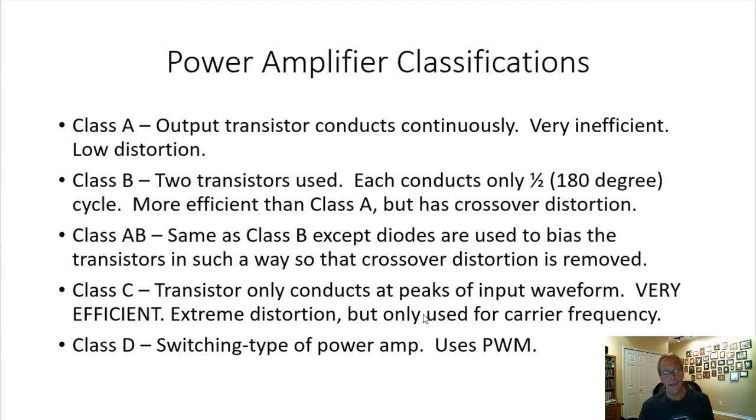And then Class C, which we talked a lot about in here, only conducts at the peaks of the waveform. It's very efficient because the transistors are all the way on or all the way off. You cannot do amplitude modulation with this very easily, but you can do FM. When you put the Class C output, which is basically just little pulses, through a filter, our friend Fourier fixes everything for us. It takes all those harmonics out of the pulse and creates your sine wave again. That's a very efficient way, and